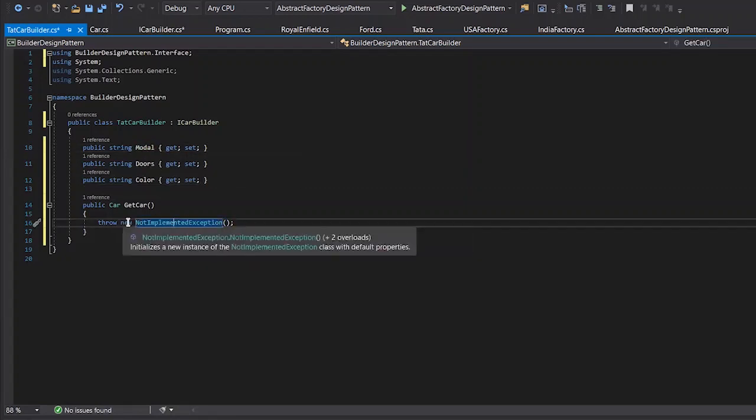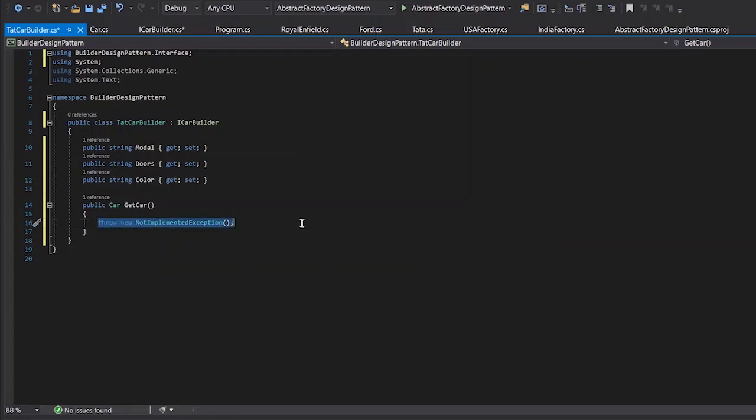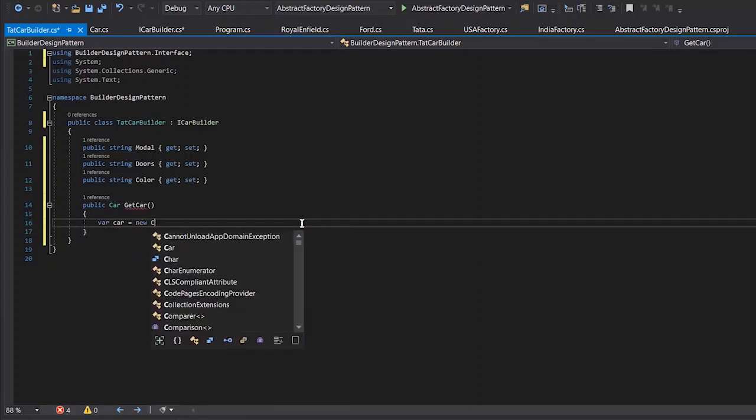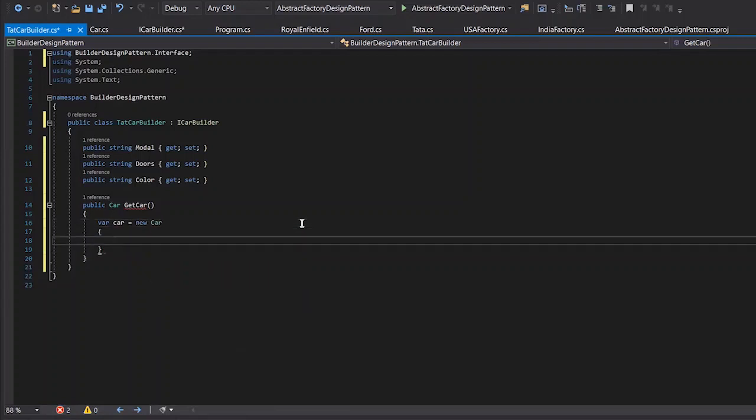We will be instantiating this car here, where car is equal to new Car, and we will be providing the brand. Brand should be specific since this is a Tata car, so I will be directly providing Tata here.